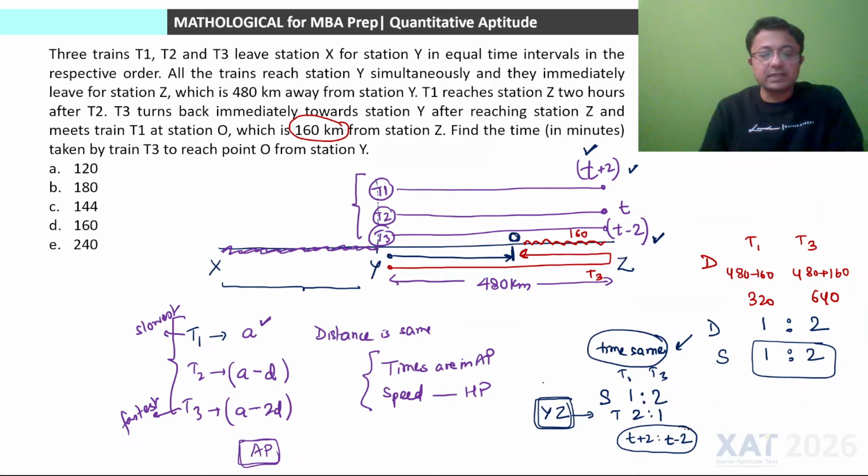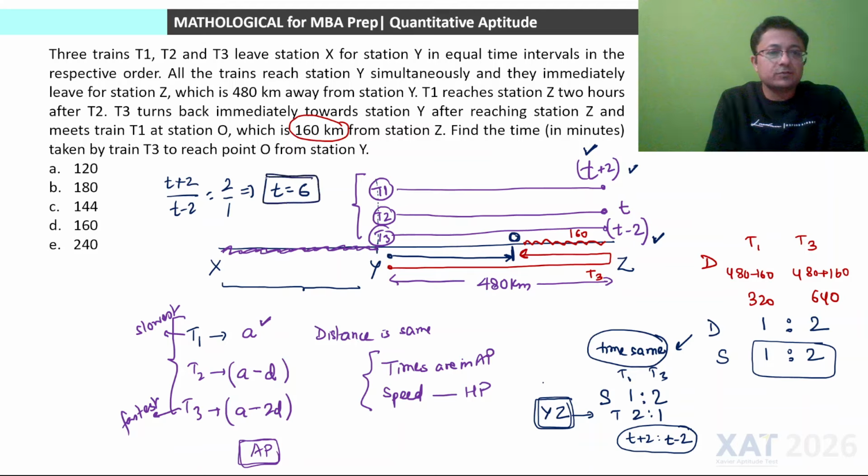अप्लाई कर दो, यहाँ से T की वैल्यू आ जाएगी, तो T+2 अपॉन T-2 दिस इज 2:1, एंड हेंस यहाँ से T+2 equals 2T-4, so T will be equal to 6, T equal to 6 आ गया।